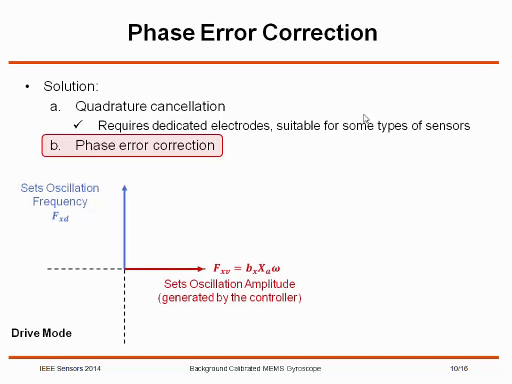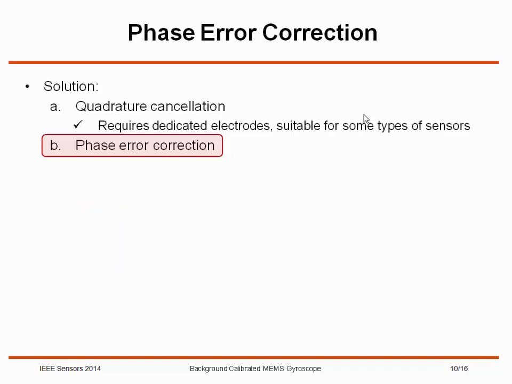This drive mode, as I said before, is basically a self-sustaining loop, and you have an amplitude controller, and you regulate your velocity or amplitude by this red force. This force is the force which is in phase with the velocity, so you are regulating the velocity amplitude by means of this force. But in the scale factor calibration method,